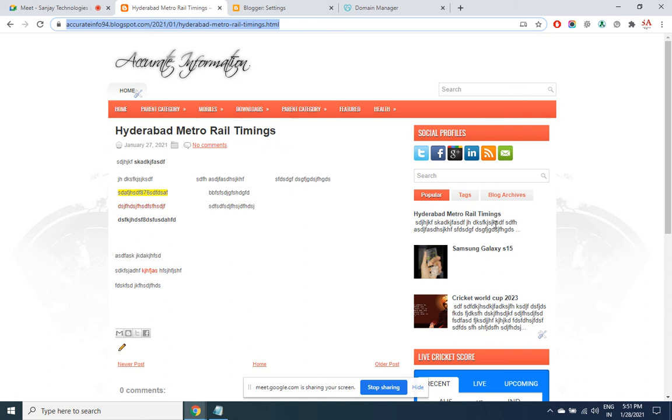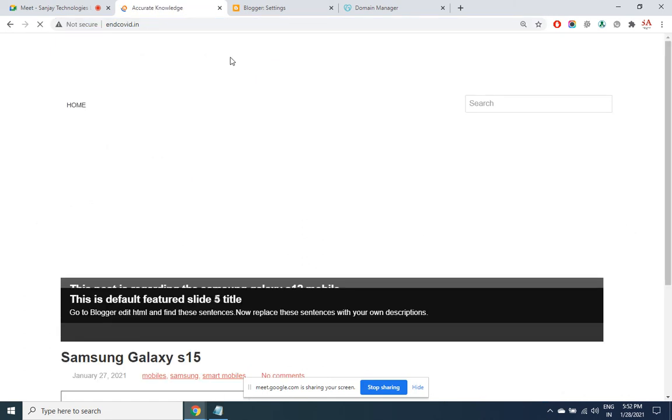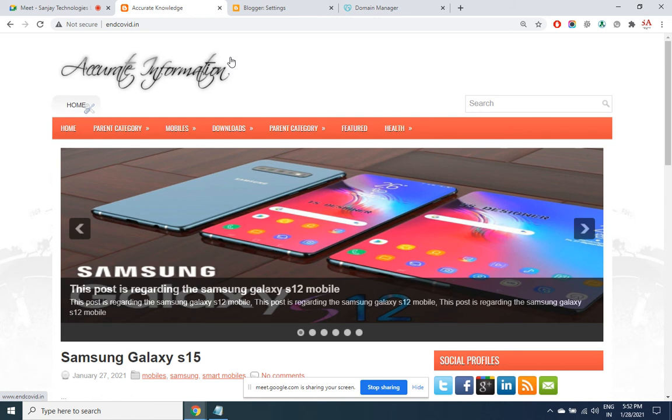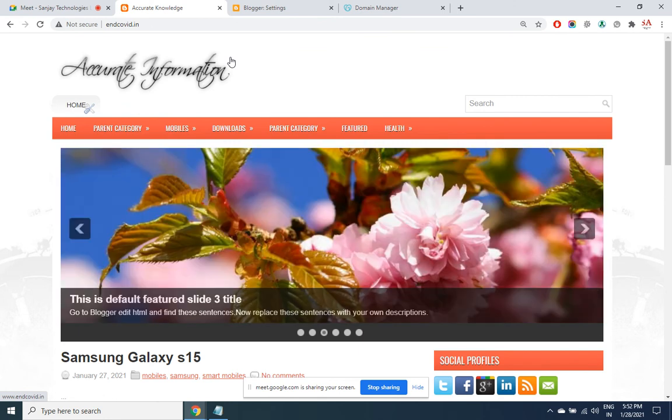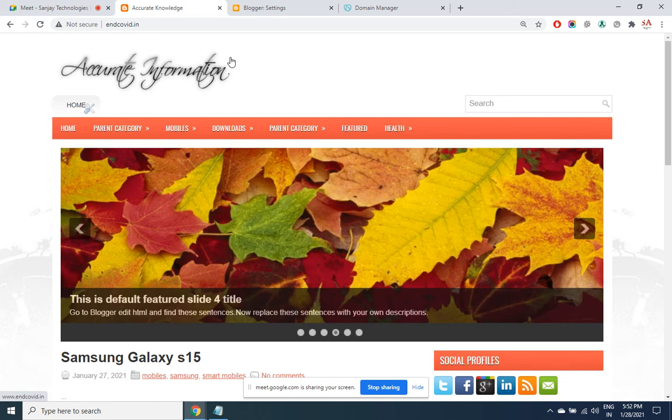What about the visitors you were getting on the old domain? They will get automatically redirected to the private domain. So you are not going to lose any visitor. Even with the old address, as it gets automatically redirected, people will get to know that the domain address has been changed. Next time they'll directly hit the private address. So this is the cost for running a private domain along with the menu, submenu, domain hosting, SSL certification, slider, private email account, social links. The cost would be equivalent to the domain name price, which is approximately 800 rupees.